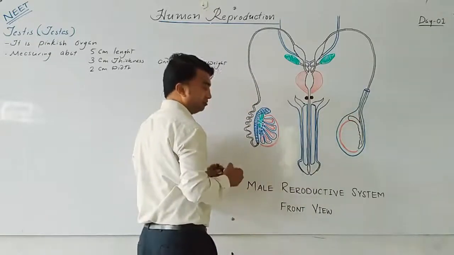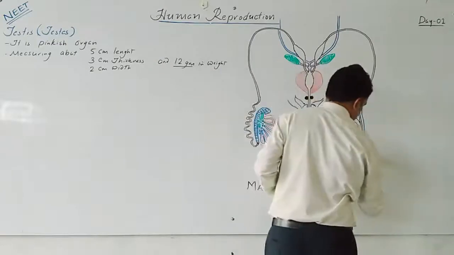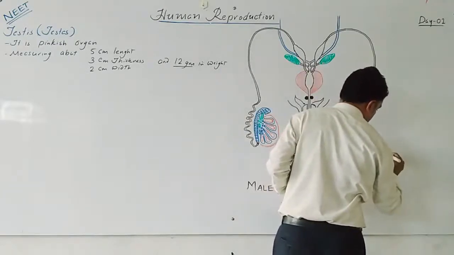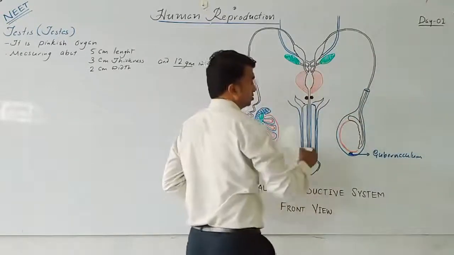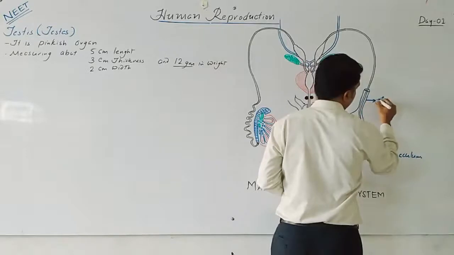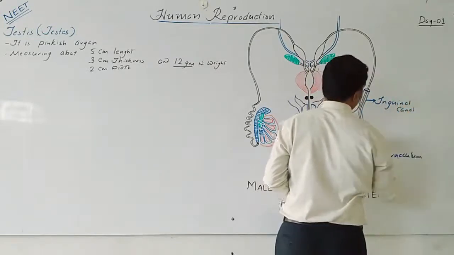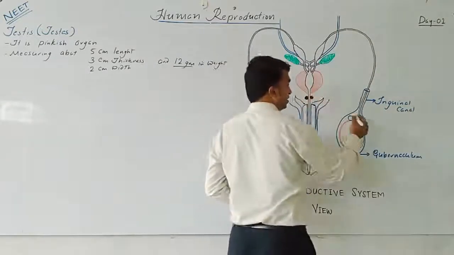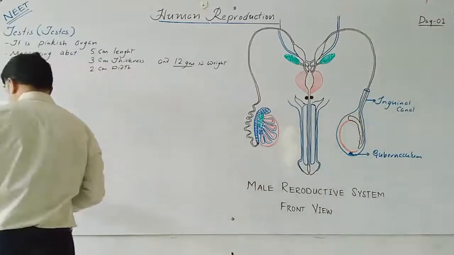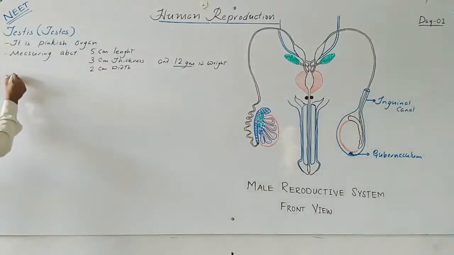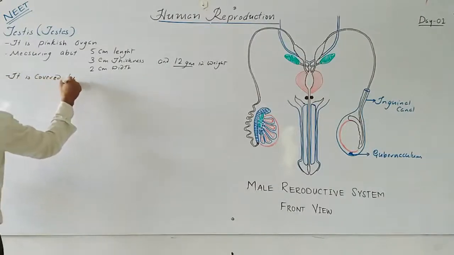situated over the fibrous tissue that is called the gubernaculum. So this is the gubernacular column. Yes. So this is the inguinal canal, and which is held by the cremaster muscles also. So the testis, it is covered by